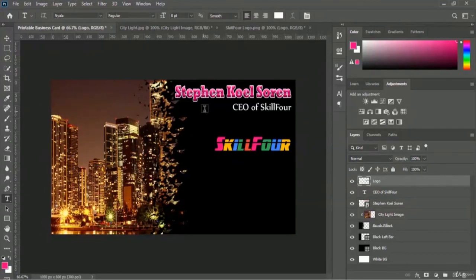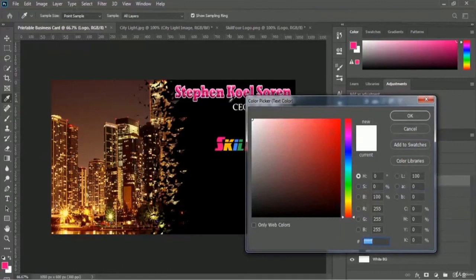So let's change the color, and here is the color option, and I want to use the same color which we used in our name for our phone number, for our address and email address. You can copy and paste the color code for this text, or you just have to use this eyedropper tool. Here is the eyedropper tool. So I'm selecting this color code, and here is the exact color. So I'm selecting OK,